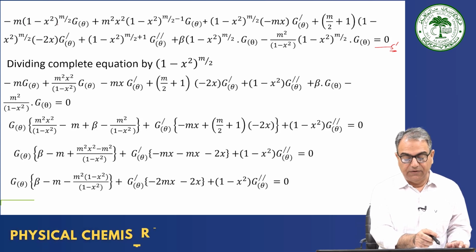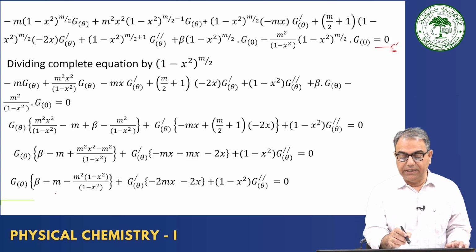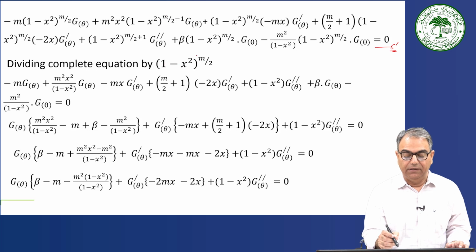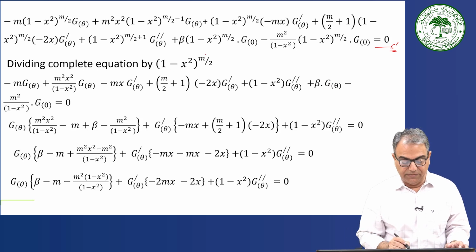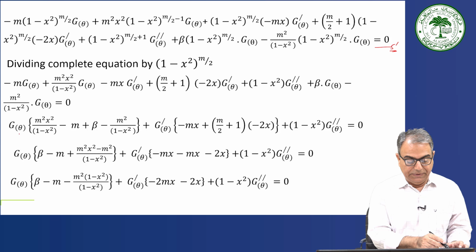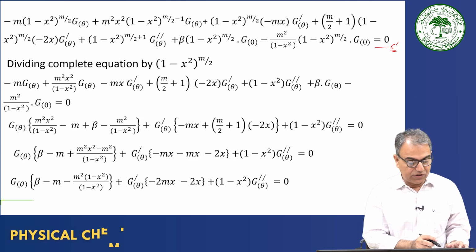From the first term, if you divide, this term is the same, so you get minus m g theta only. From the second term, what do you get? m square x square (1 minus x square) to the power m by 2 minus 1, and you divide by (1 minus x square) to the power m by 2. So what will happen? Plus 1 and minus 1 will go, and you will have minus 1, so it will be 1 minus x square. So the equation is a little bit simpler because we have divided it by (1 minus x square) to the power m by 2. Okay. Then you bring g theta as common,